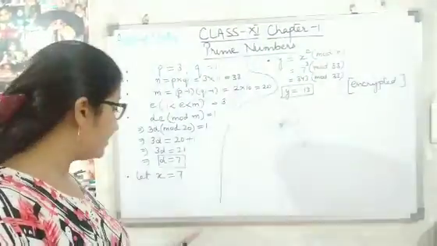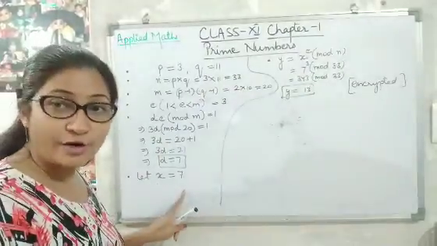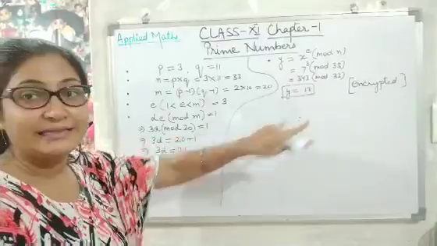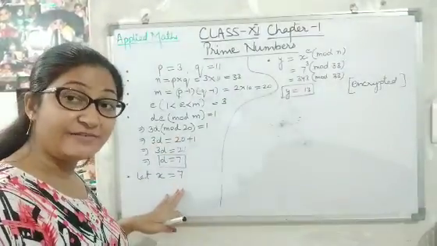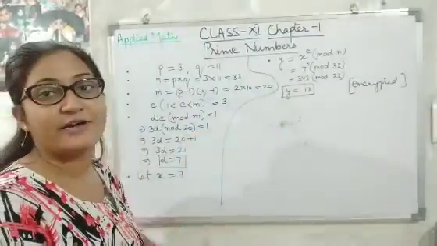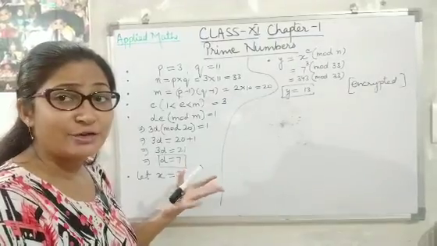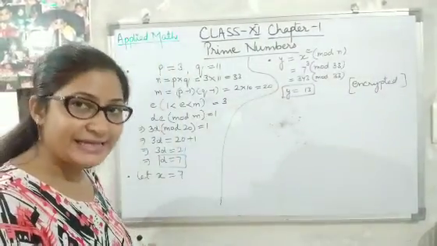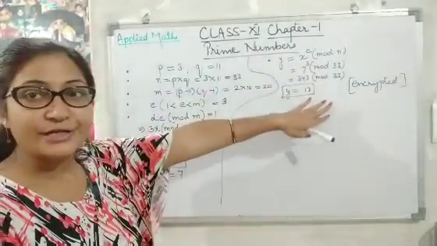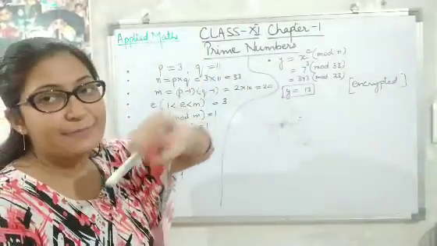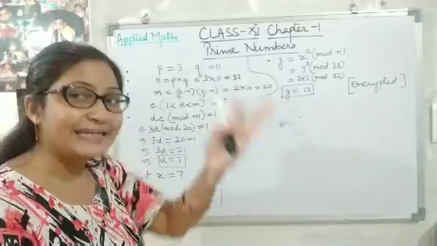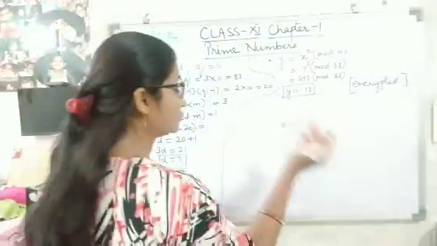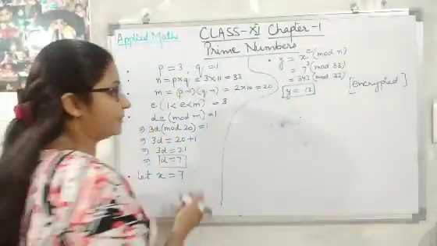This is encrypted. That means हमने 7 को किस कोड में चेंज कर दिया, 13 में. यानी अब जो कोई 7 को अगर भेजा है तो 7 डिजिट किस फॉर्म में भेजी जाएगी, 13 के फॉर्म में. तो ऑब्वियसली बात है, it's a secret code, nobody will be able to understand कि ये 7 जो है 13 के इक्विवेलेंट कैसे हुआ. अब ये तो इनक्रिप्ट हो गई, लेकिन other end पे students it has to be decrypted also. तो अब हम क्या कर रहे हैं, इसको डीक्रिप्ट कर रहे हैं.